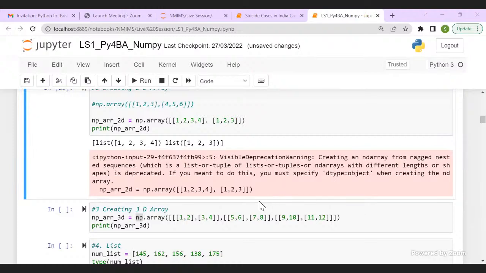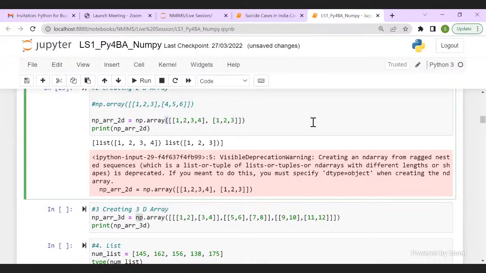Sanita is asking, which bracket to use when? Okay, Sanita, I can understand this is a very common question. Whenever you are invoking a function, like the array function or any other function like max, min, standard deviation later on, I'll use parentheses. Shama, just a second, let me answer Sanita's question first.